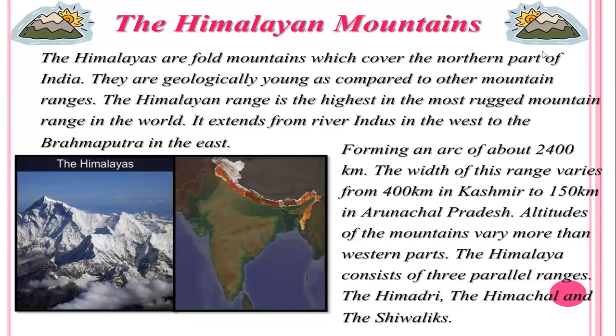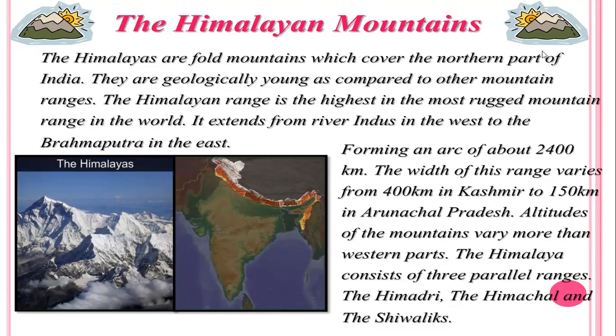It extends from river Indus in the west to river Brahmaputra in the east. It forms an arc of 2,400 kilometers, and the width of this range varies from 400 kilometers in Kashmir to 150 kilometers in Arunachal Pradesh. Altitudes of the mountain vary more than the western part. The Himalaya consists of three parallel ranges: